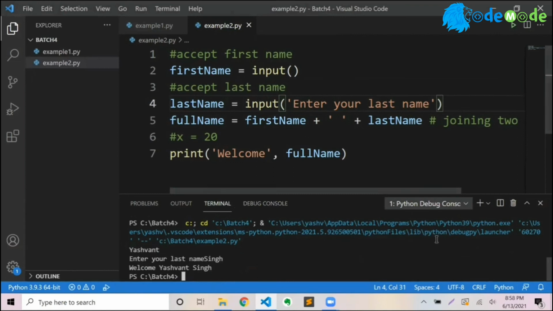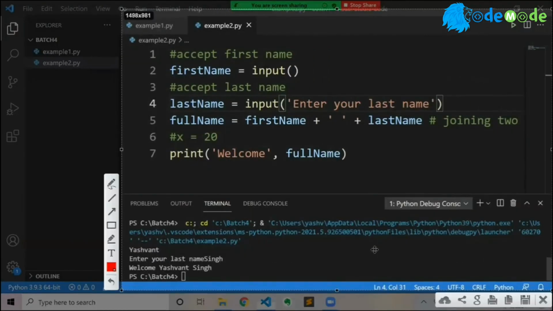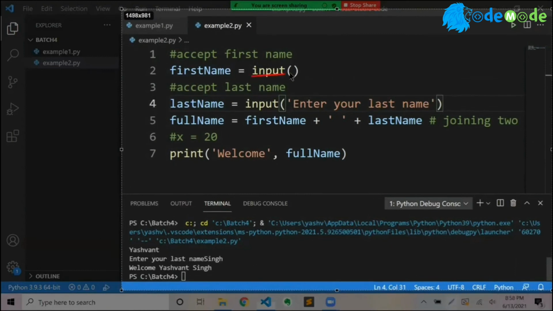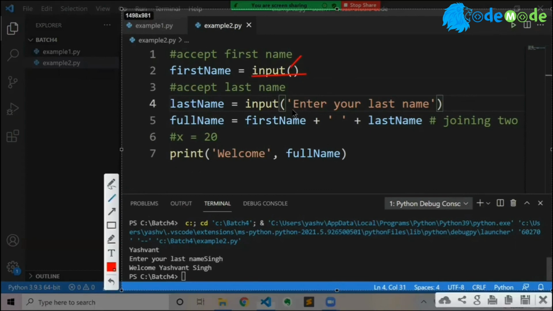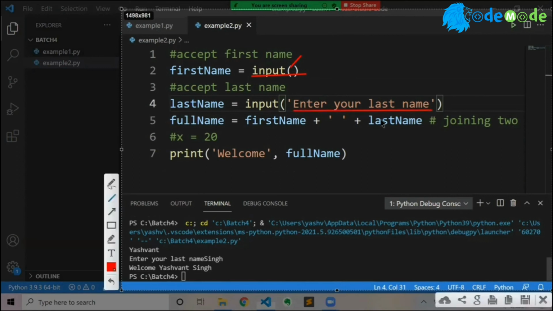So a couple of things happened here. As I typed my first name input, it did not show me a message because I did not give a message here. But this time I wanted to inform the user what data to expect. So I gave enter your last name, and it took the last name.